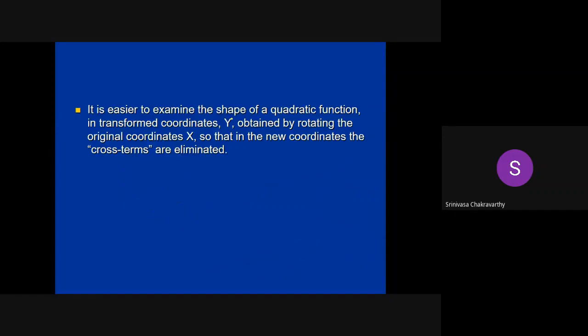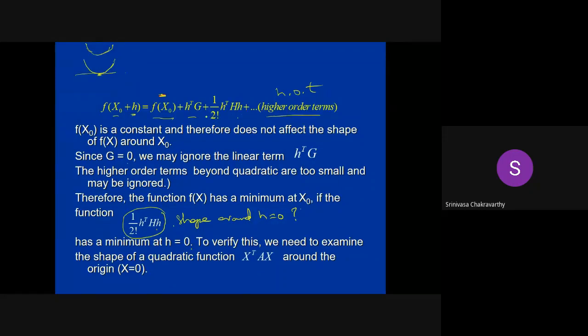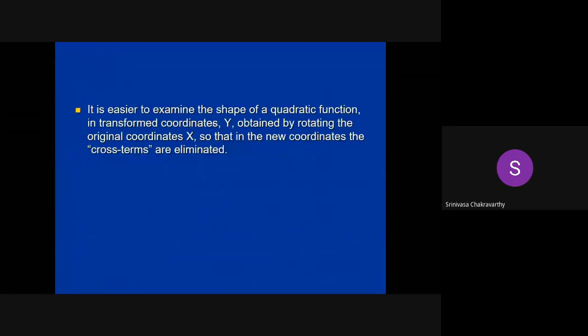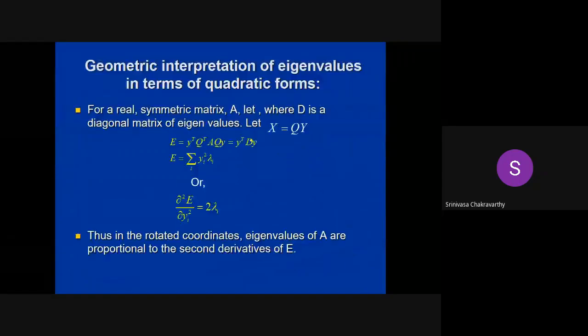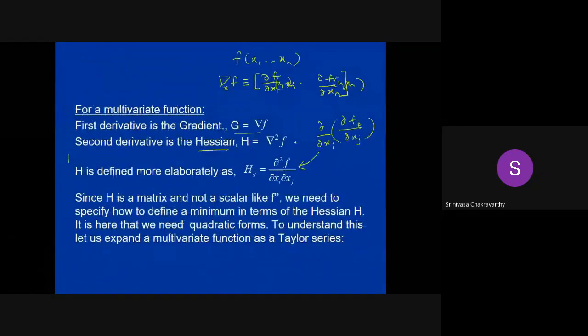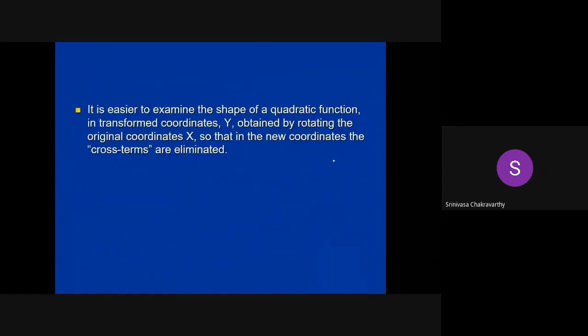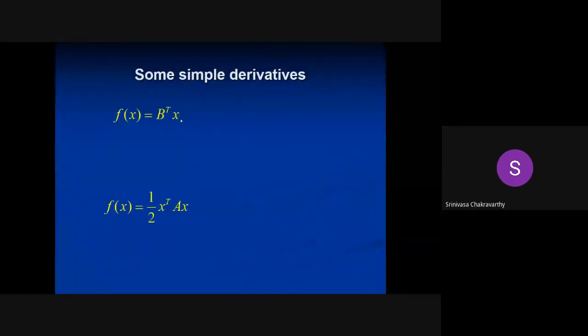We also defined last time that the first derivative is simply the gradient, and the second derivative is the Hessian. The first derivative is just a gradient given by this, and the second derivative is a Hessian where the ijth element is given by this. Now let us look at the derivatives, both first and second, of some simple functions, because we'll be using these results later on in the course.